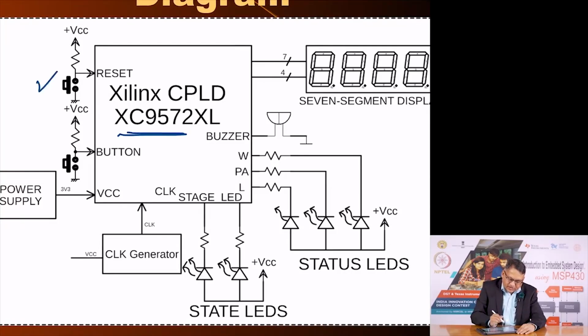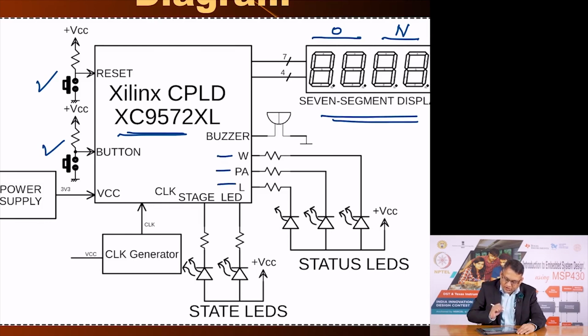It has two switches, reset and the button which is used by the user to interact. It needs a power supply. I am going to come to that. Here is the display which indicates the new number here and the old number here. These are the three status LEDs which indicate win, play again and lose,